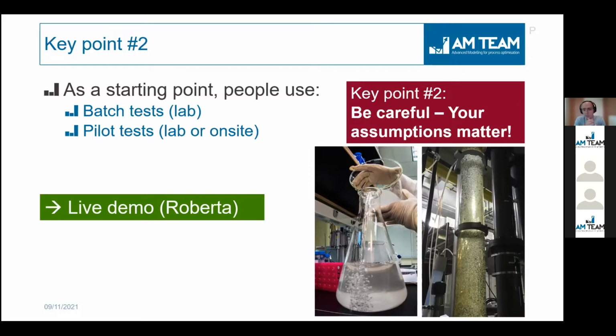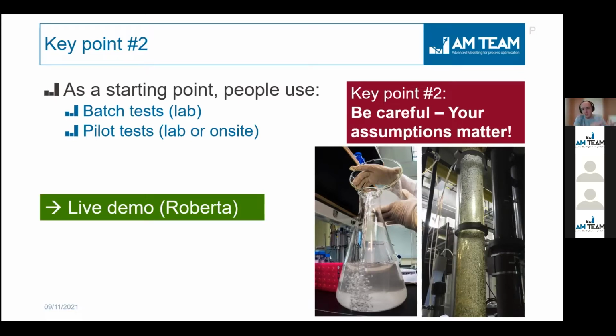As a starting point, people still sometimes use just batch tests, or they use a pilot test performed in a lab or on site to go to a full-scale installation, or to make a design for a full-scale installation. And how this batch test is performed, or the conditions in this batch test, have an important effect